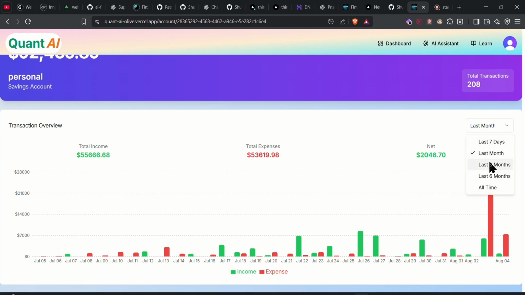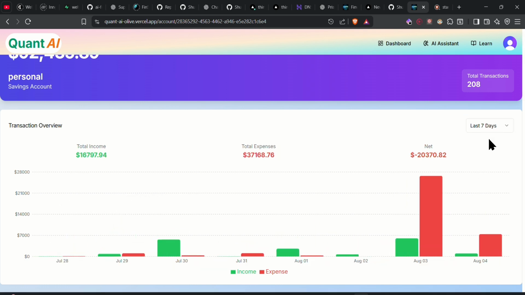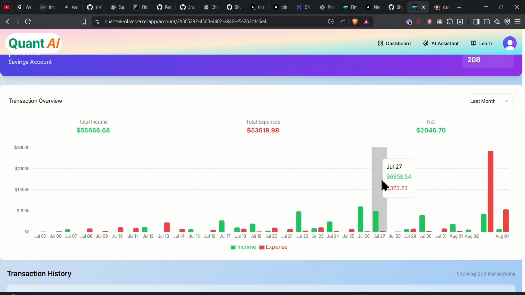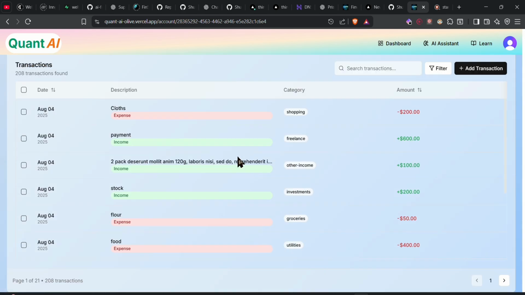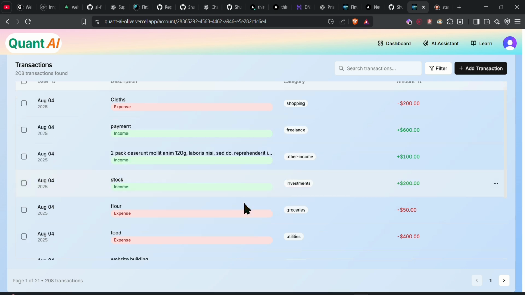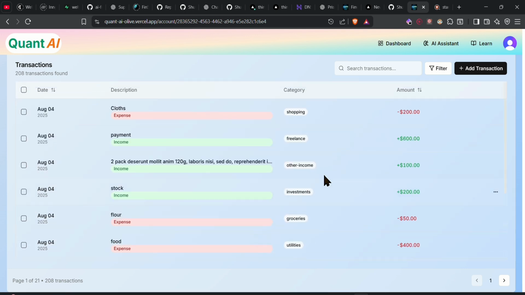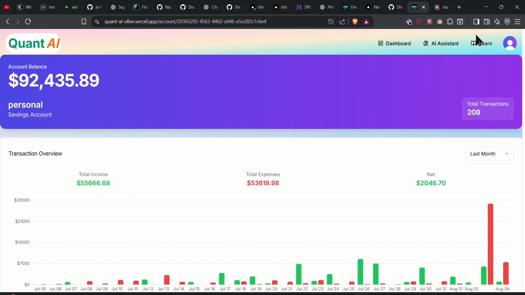You can see your last 3 months of transactions, last 7 days of transactions, and according to your preference you can alter your data. Down there we have added a transaction history where you can see the details that you have added about your transactions. You can see all the transactions here and you can also edit and delete a transaction according to your need. So that's all about the dashboard panel.